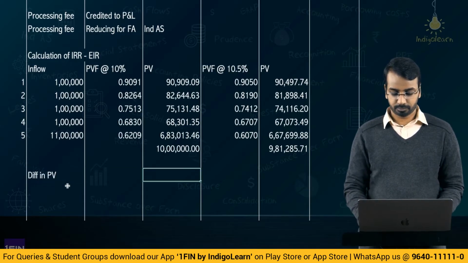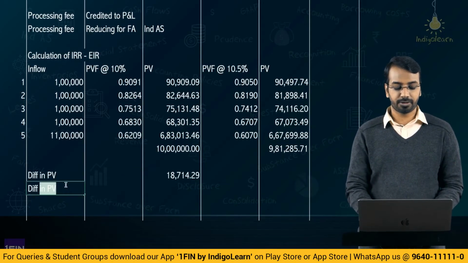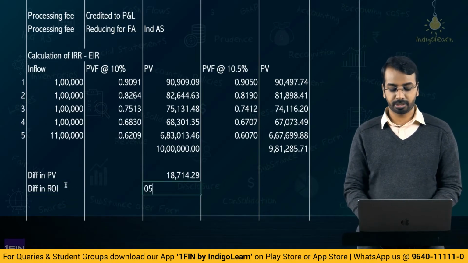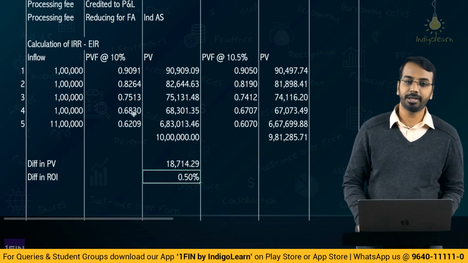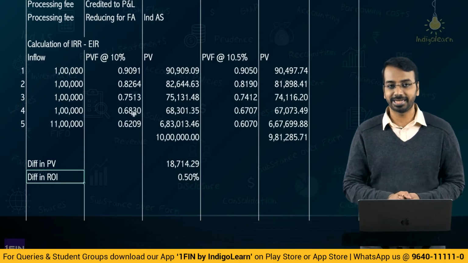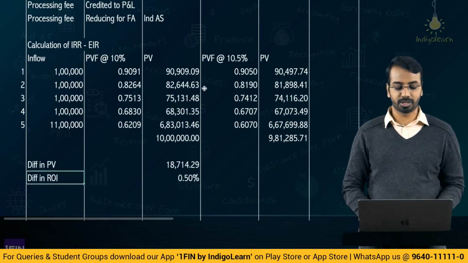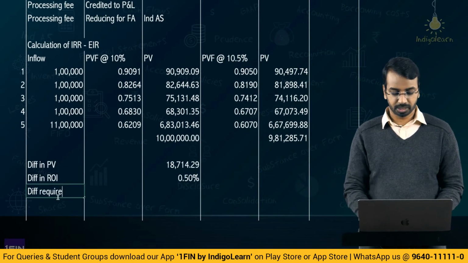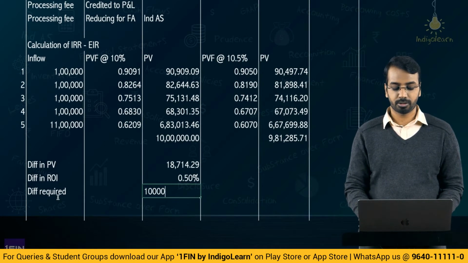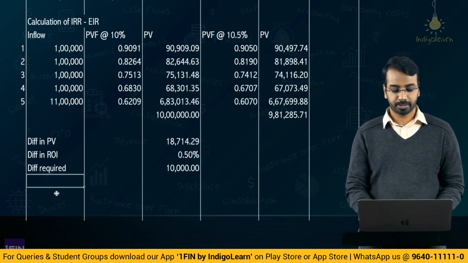Difference in present value, what you have calculated is 10 lakhs minus 9,81,000, which is 18,714. Difference in rate of interest is 0.5%, right. So for a 0.5% difference in rate of interest, the difference in present value is 18,714. How much difference do we need to bring 10 lakhs to 9,90,000? We need, difference required is 10,000, right. So